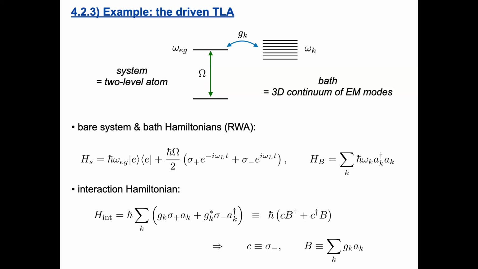Where does the exponential rotation come from for the system, the sigma plus and minus? Yeah, so if you go back to the very first lectures, we had here a sigma x times cosine omega_L times t, and then we did the rotating wave approximation. I mean, we first moved into the rotating frame and so on, but essentially you do the rotating wave approximation already here. So this term is from a classical field driving the system, and there's also coupling to quantum fields.